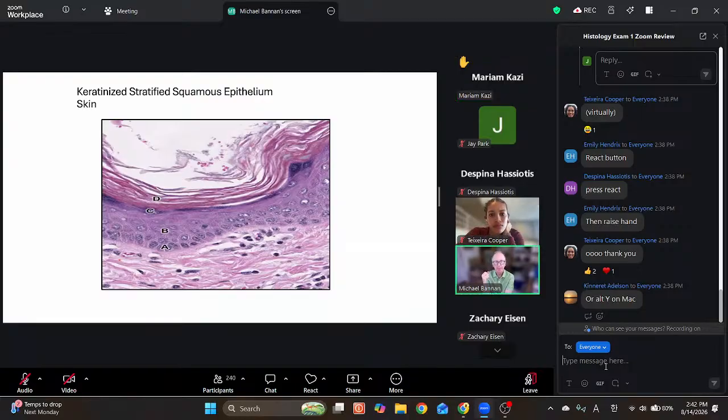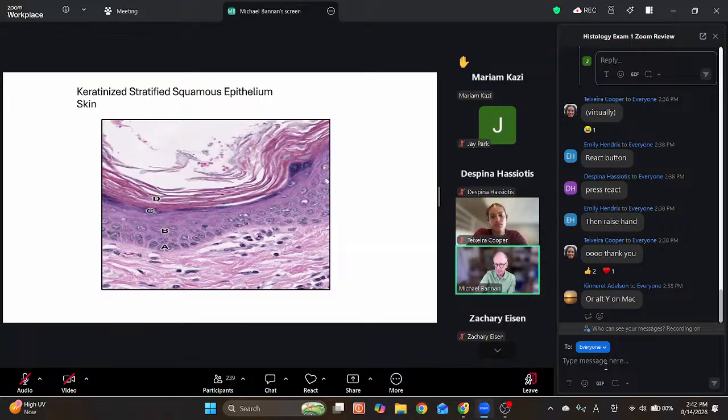Sure. Okay, so let's look at this picture first. We're going to talk about this in 2 weeks when we're talking about skin. But stratified squamous epithelium, particularly in the epidermis, matures as it progresses from the basal layer to the surface. The most differentiated cells are in the superficial part, and this is the keratin. At the most superficial layer, these epithelial cells no longer have a nucleus and are basically just a bag of keratin. So when you look at the section, keratinized epithelium has layers of anucleate pink material like this that looks kind of fibrillar and follows the surface of the